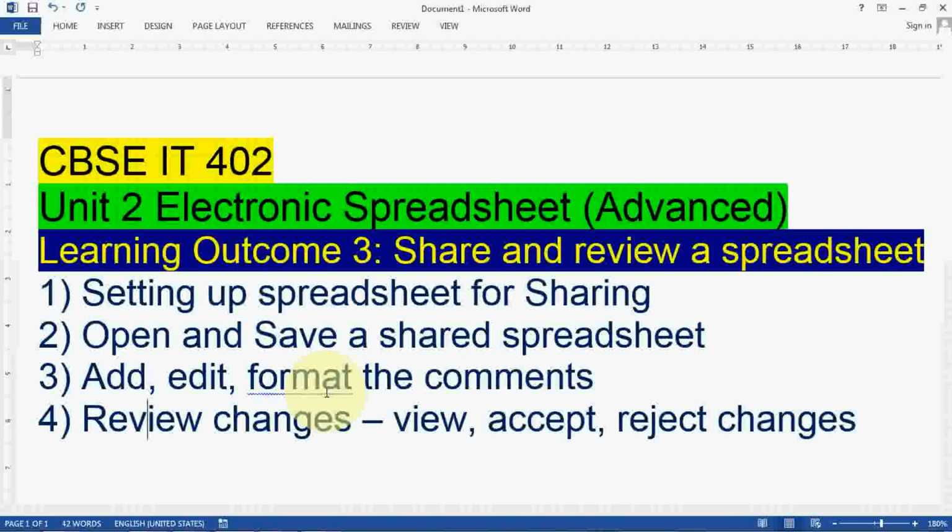So first of all, let me think about share and review. First is share. Share means what? In offices and in the workplace, we save our files on computers. These computers are connected to a network.